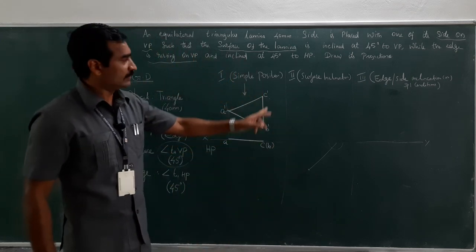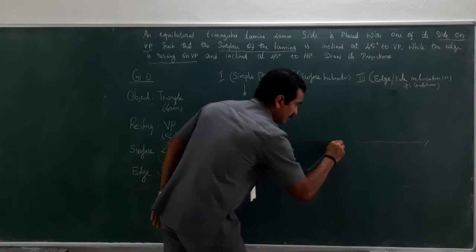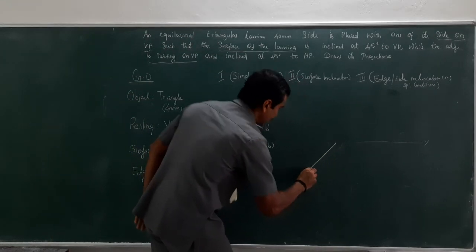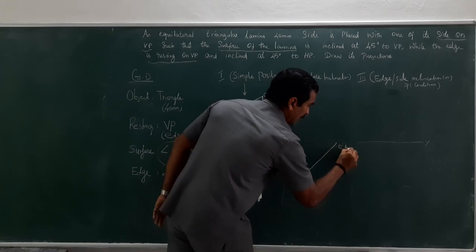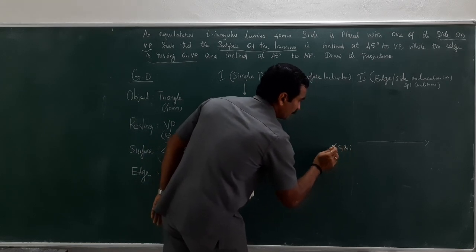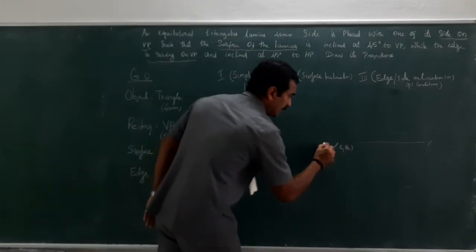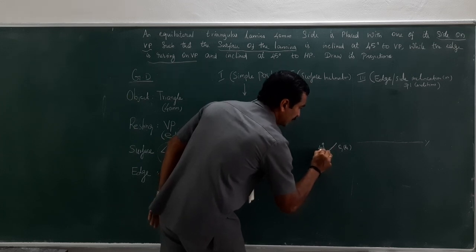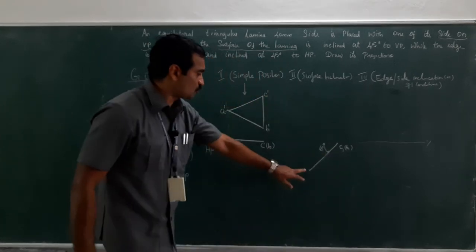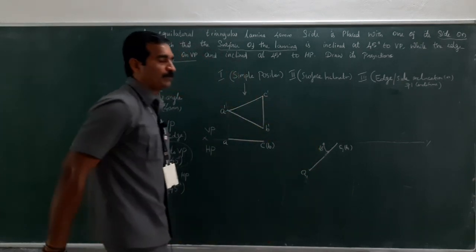So, how is it resting? The resting points should be C and B. So, this can be named as the resting points C1 and B1, with B1 in brackets. Clear? And what is the inclination here? It is 45 degrees. What about the topmost point? It is A. So, this could be A1.